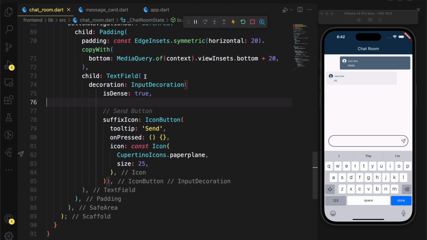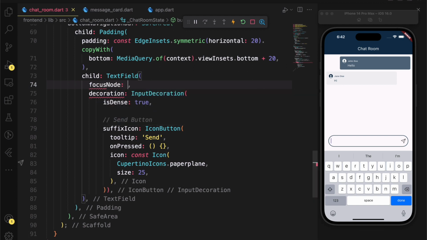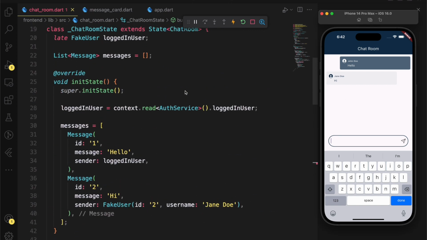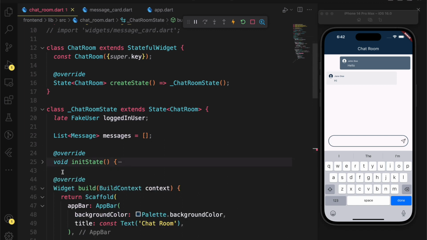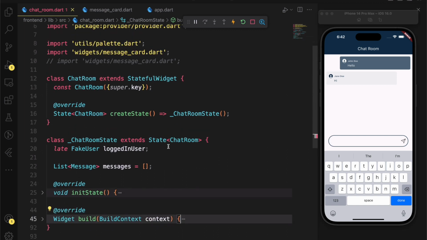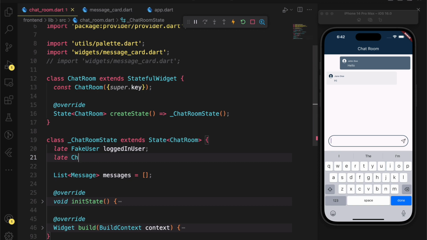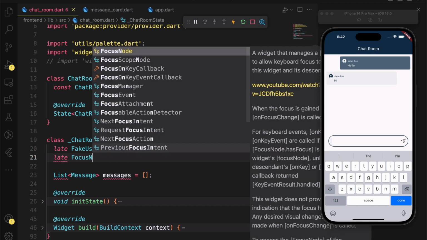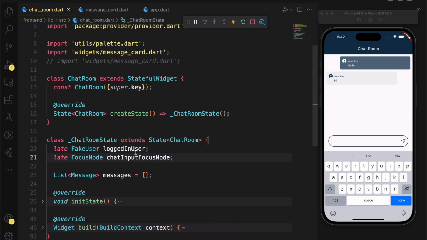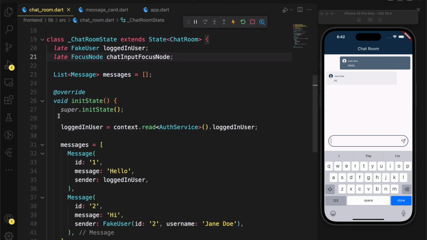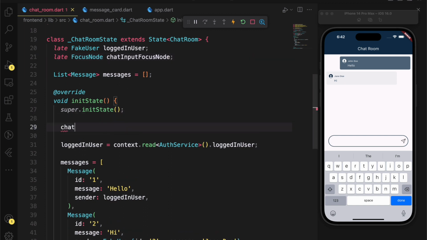All right, let's add a little bit of code before we wrap it up. So what I'm going to do here is create a new focus node, which I'm going to call chatInputFocusNode. I haven't created it yet, so I'll go to the top of the page and then I'll create it there. The point is I want to click on the screen and make sure that the keyboard closes when I click on the screen. And this is how it's going to happen. So we go here and then we say late FocusNode. It's going to be equal to, and paste the code, and then we come to the initState, and then we're going to say chatInputFocusNode is going to be equal to a FocusNode.